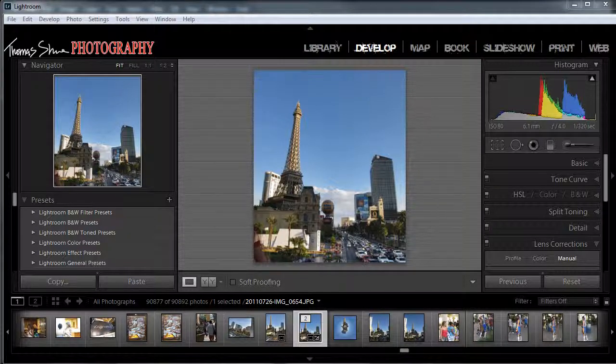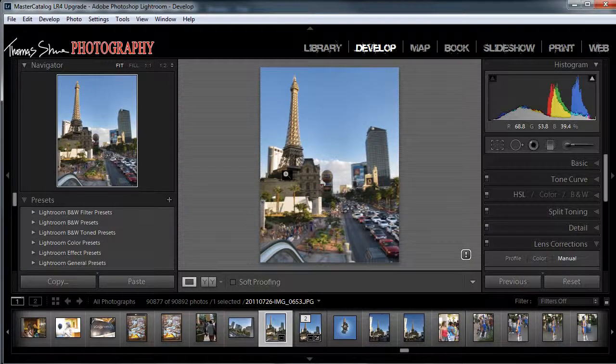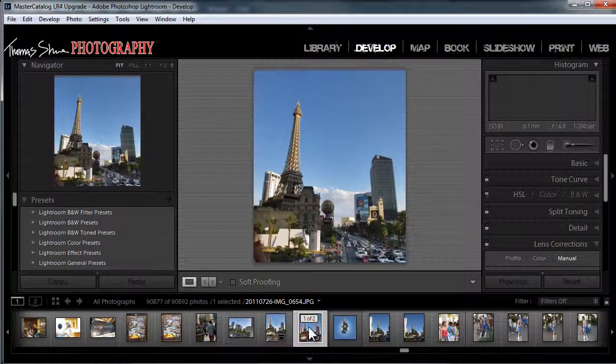My name is Tom Chu, and today we're going to create a tiny planet. I've got one here with the Eiffel Tower where it's facing straight up and down. This would be a little bit easier to use than this one, but this will let us use the warp